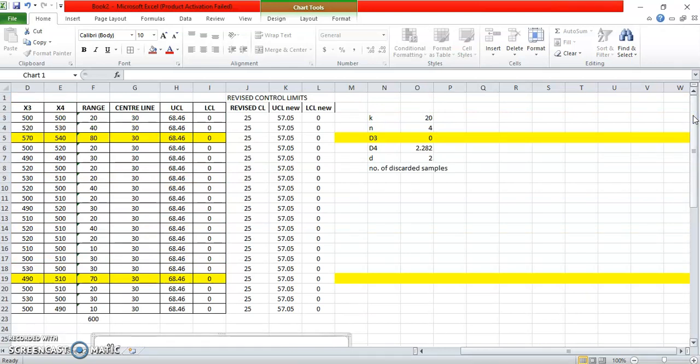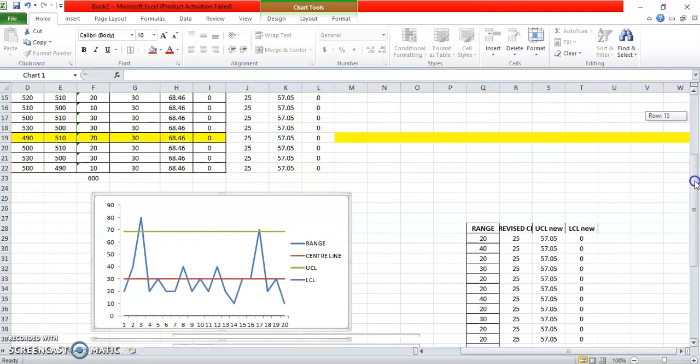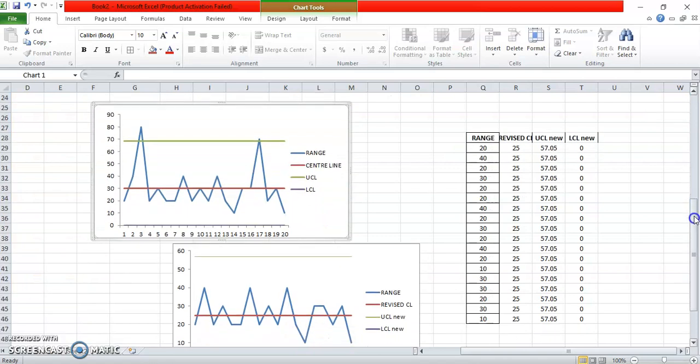In the previous video we learned how to prepare a control chart for range. If there are any queries, if you are still not clear with something, please feel free to ask. Hopefully we'll be discussing more such valuable videos and discussions so that you can prepare yourself for the industrial lab examination, and you can very easily understand how to do these calculations on Excel.